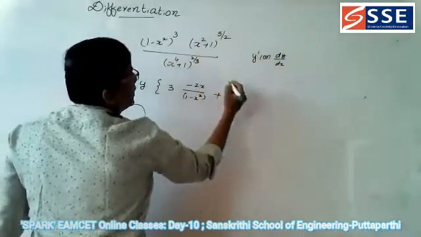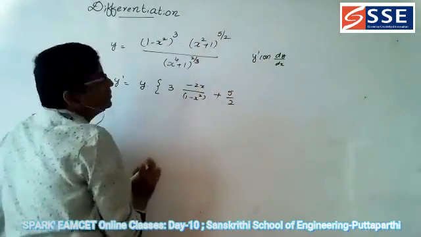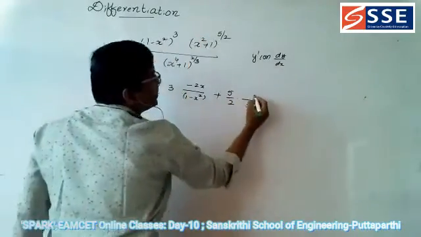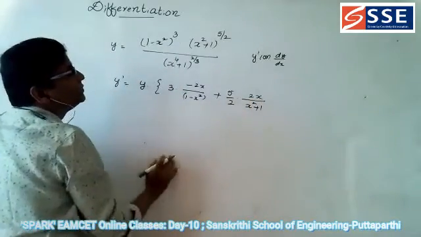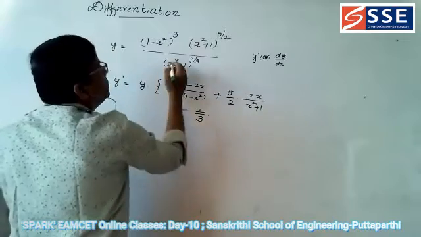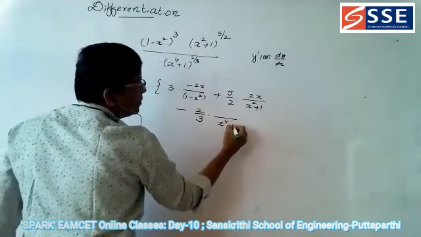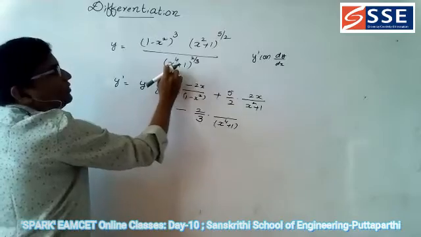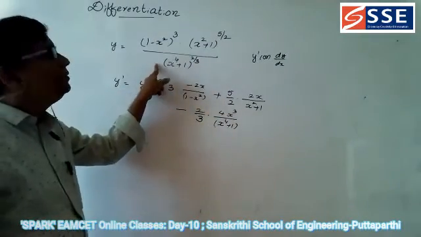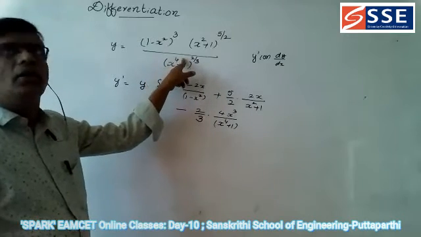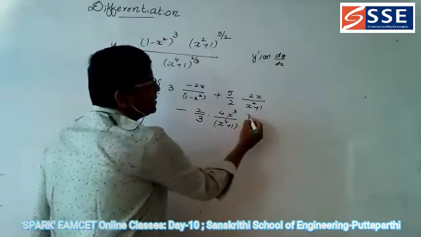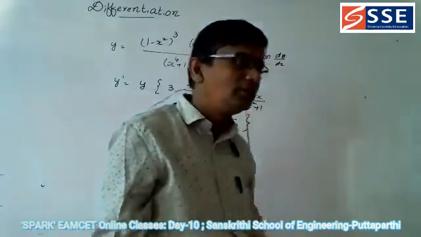A by b is nothing but if you bring it out in the logarithm, it becomes minus. As usual, bring the 5 by 2 to the front, write down the denominator as it is, and the differentiation of x square plus 1 is equal to what? 2x. Minus 2 by 3, you bring it down. So write down this as the denominator, x power 4 plus 1, and the differentiation of x power 4 is equal to what? 4x cube. See, bring the 4 down, x reduces by 1. So 4x cube. If there is any further simplification, keep it, otherwise keep the answer as it is.